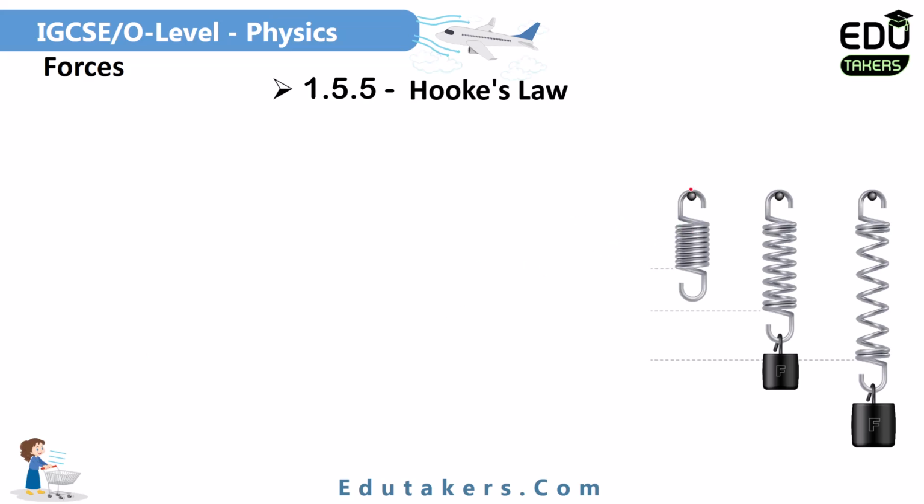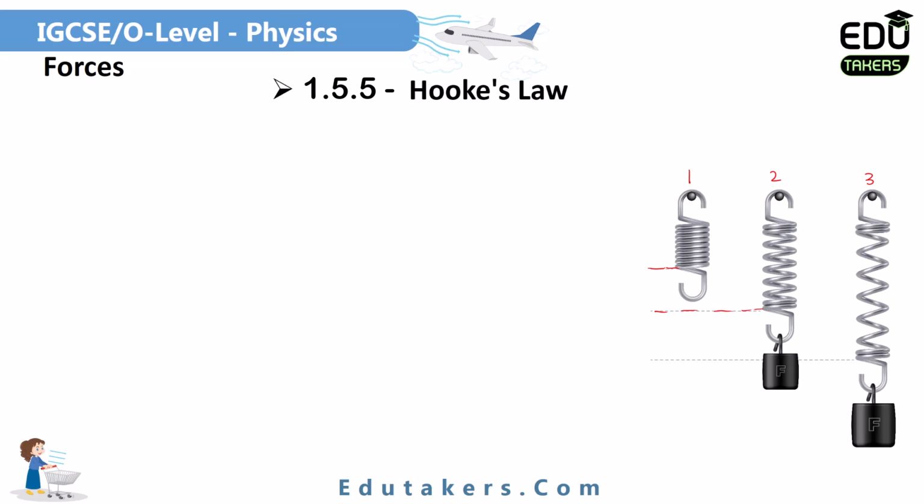Here is a spring. And in the second figure, let me write here 1, 2 and 3. In the first figure, there is only the single spring. In the second figure, you attach the load. You are increasing the load, which means you apply a force here. Then what will happen to the length of the spring? Initially, the total length of the spring is in this position, but now when you attach the mass here, that is, when you apply the load, the length of this spring increases and it comes to this point.